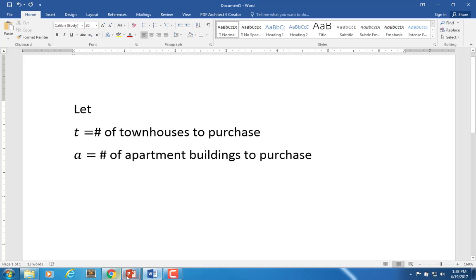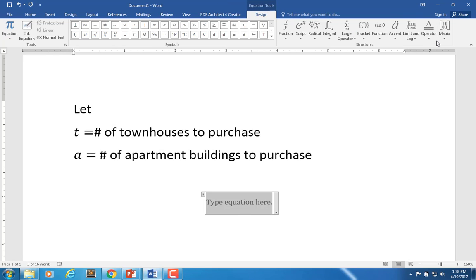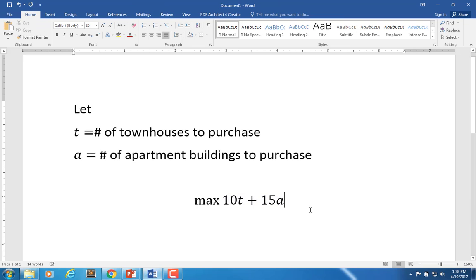And our objective function is, we said we wanted to look at maximizing the cash flow, right? So our objective function will be an equation here. We got this nice thing, max, right? And we have $10,000 for each townhouse plus $15,000 for each apartment building. I'm going to do this in thousands, just because I don't want to type out a bunch of zeros. Subject to